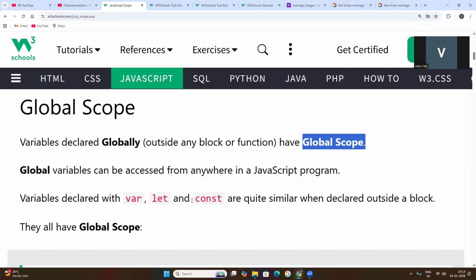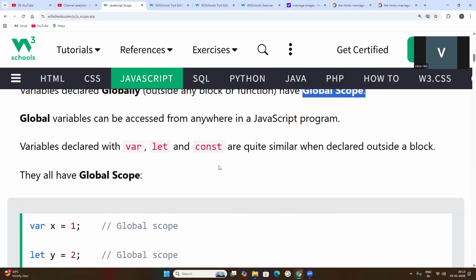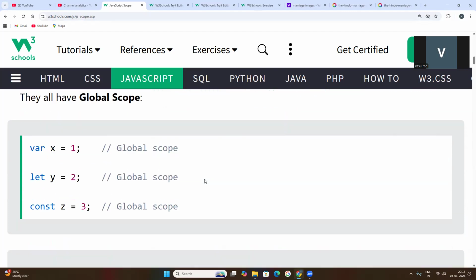In the previous classes, I told you that var, let, and const are the three keywords mostly used to create variables. By these three keywords, we can simply create variables.